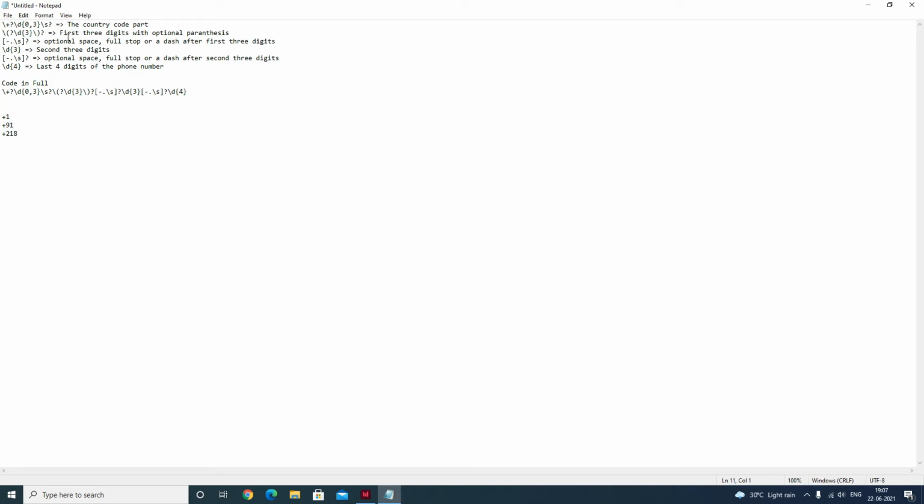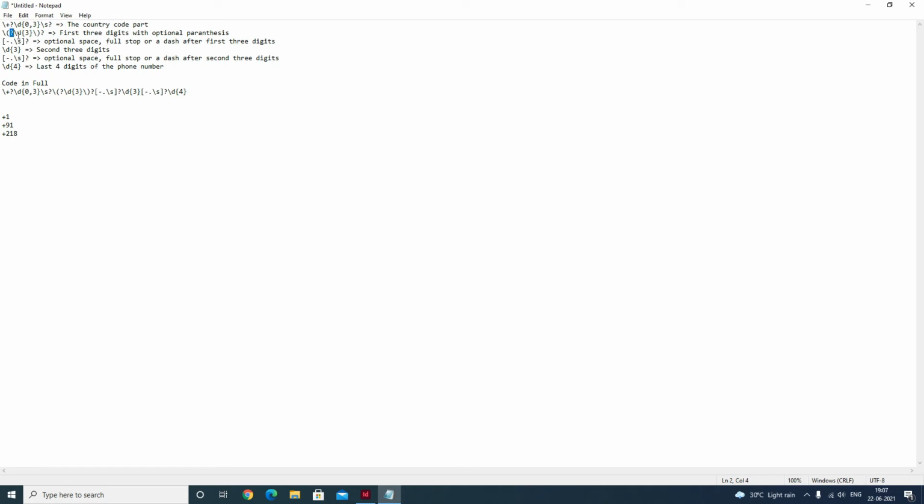Now comes the first 3 digits with optional parentheses. Parentheses in grep code have a special meaning, so this also needs to be escaped using a backslash character. So find a parenthesis and escape it with a backslash character. This parenthesis may or may not be there.